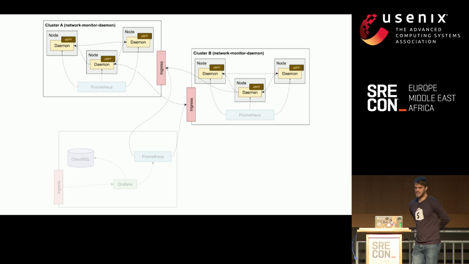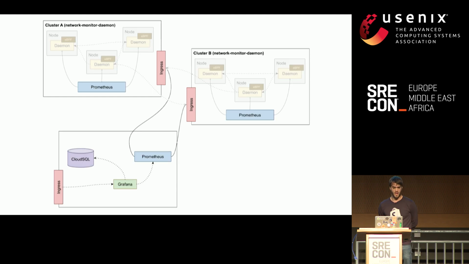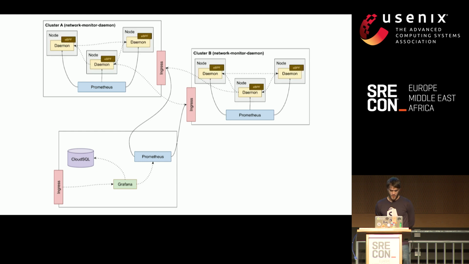We set up our inter and intra-cluster ping mesh, and we have a federated Prometheus cluster to collect all these metrics and bring it all into one place so that we can aggregate and look at the entirety of the data set. So now we have that done. We have a great way to actually run any of these BPF programs.